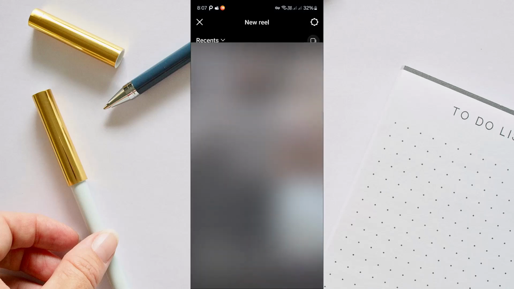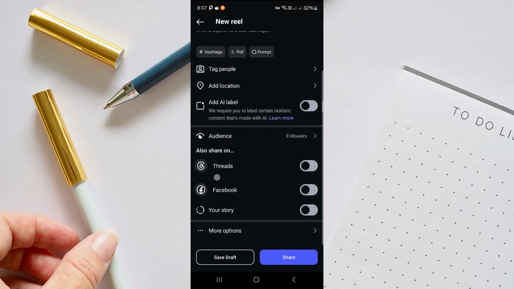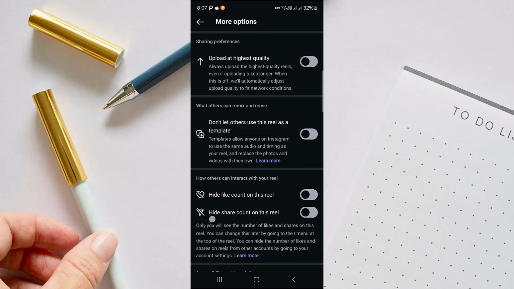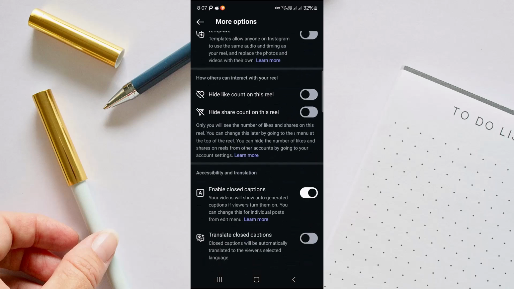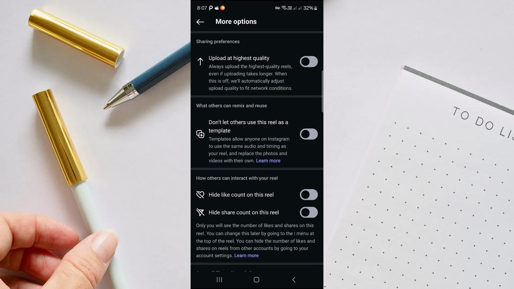And in here, select any picture you want. Suppose I want to post this one, and then tap on next. And here, scroll down and you will find the option of more options. Scroll down. And if you can't find the option of scheduling your Instagram post, it means you don't have a professional or public or business